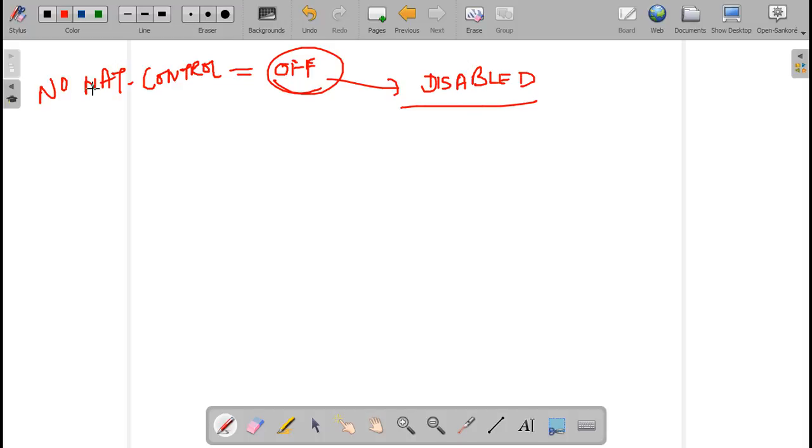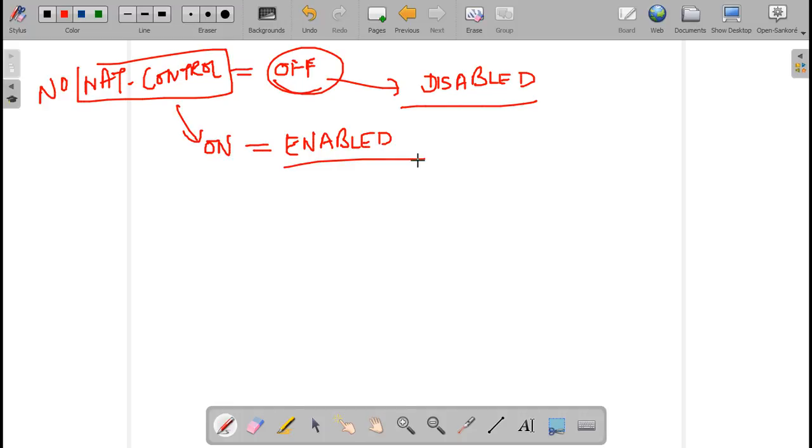And same thing, when you see only nat-control, this means it's on, which means you need NAT, you need translations.